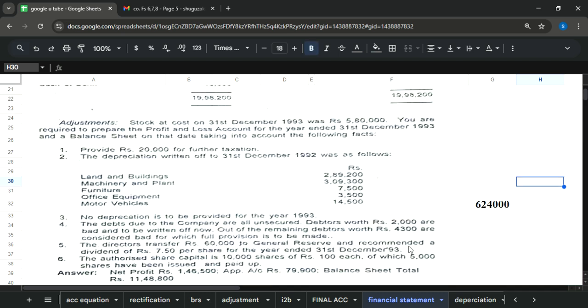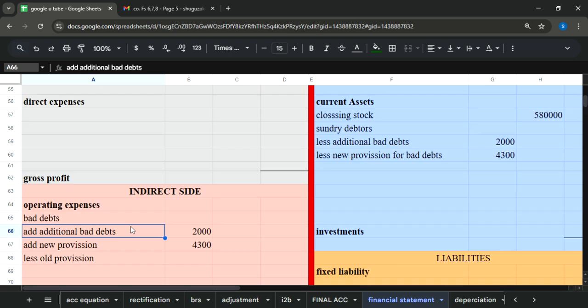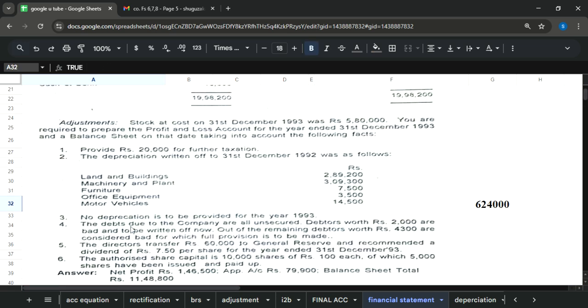Next, and recommended a dividend of 7.5. Alright, so dividend is also part of appropriation account. So here you will be mentioning dividend, but calculation is needed. For that we need capital as well. So number 6 adjustment,